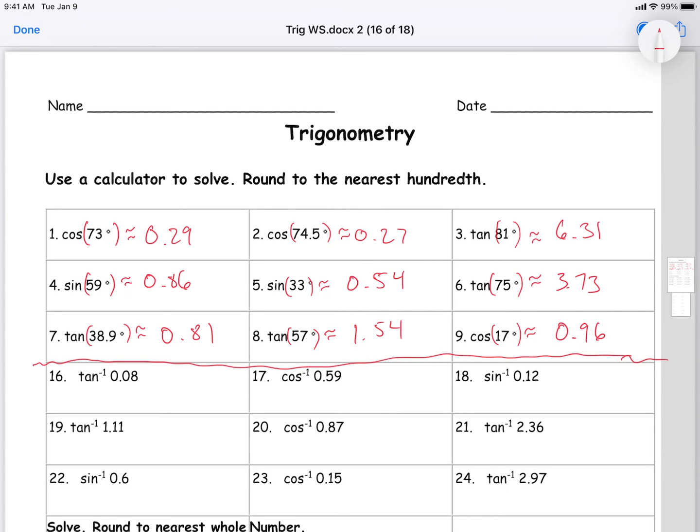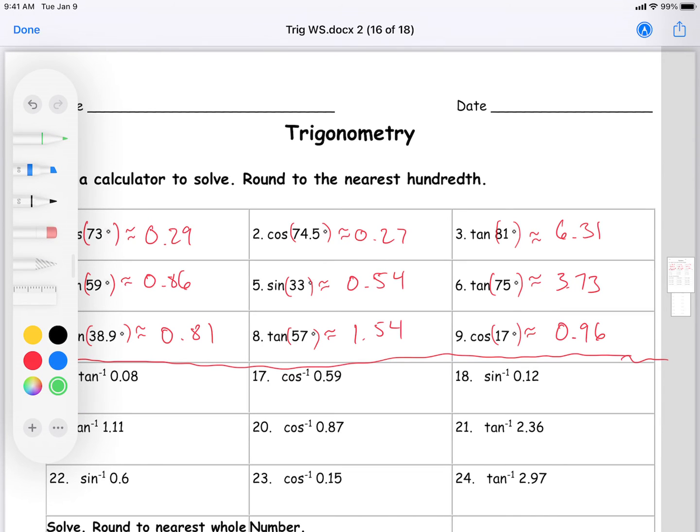So again, the whole idea about this exercise is just to get you used to using your scientific calculator for typing in these values. And the other part is I wanted you to see that these values are set. Okay? They are set in stone. If I type in cosine of 73, I shouldn't expect to get anything else besides 0.29. The other part I wanted you to see, which might be a little bit interesting, and again, I'm not going to focus on it too much